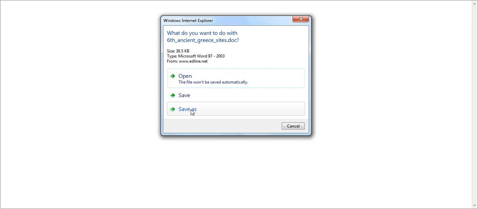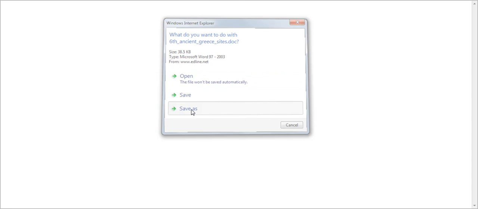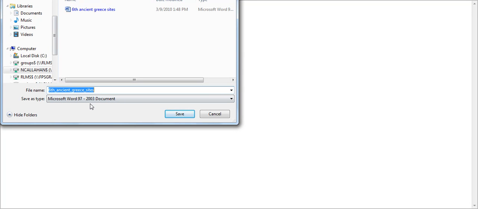So the first thing you have to do when you open something from your file locker is Save As. That's the first thing you're going to do. Never ever just open it or click save. The first thing you're going to do is click Save As and choose where you're going to save it. So if you're back at school, you're going to choose your H drive. If you're at home, you're going to choose My Documents or wherever you save things in your computer at home. So don't forget, when you open something from your Edline File Locker, Save As first,